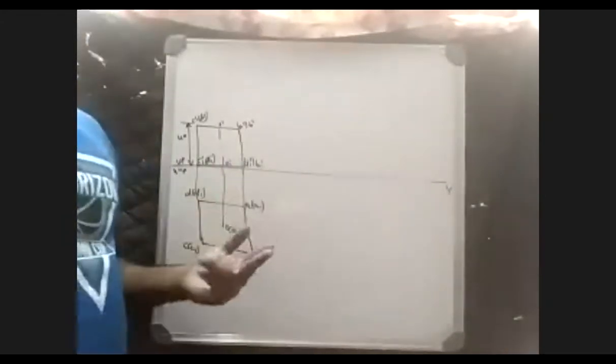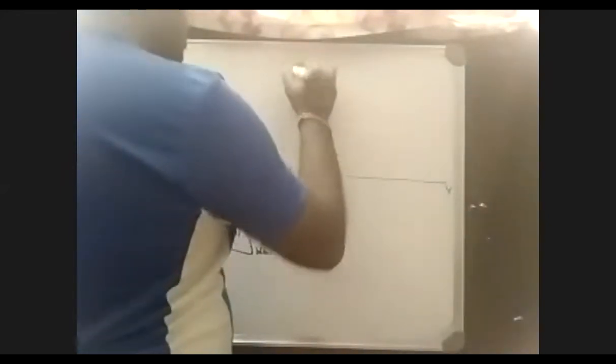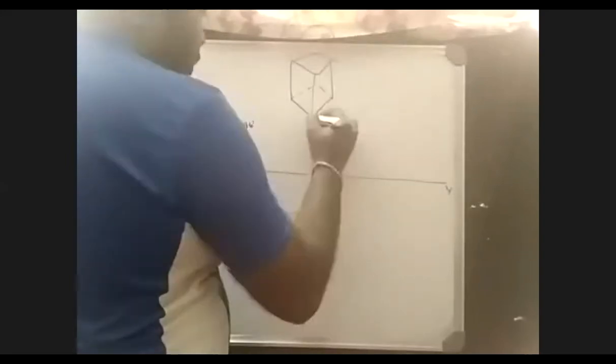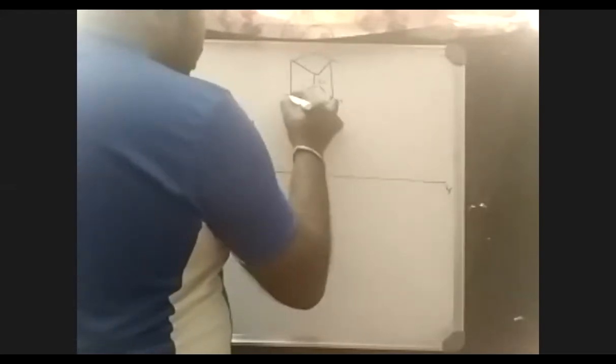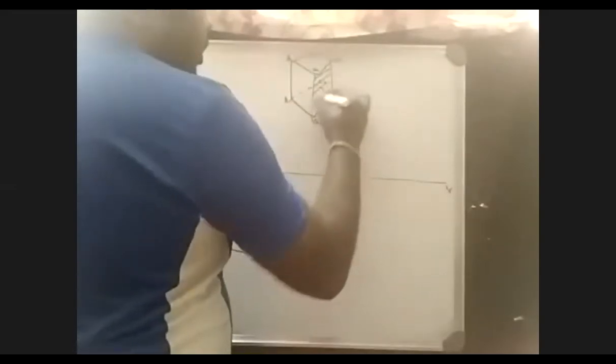He says the lateral square face is inclined 50 degrees to HP. Lateral means nothing but vertical. So this is vertical, a square face. Is this not a square? A1, A, B, B1. If I draw a cube, this is what I have done now. This is A1, B1, C1, D1. This is an example. This is A, B, C, D. This is what the lateral square face is talking about.